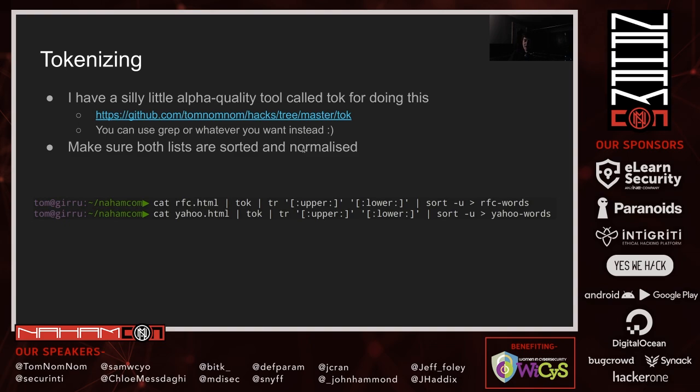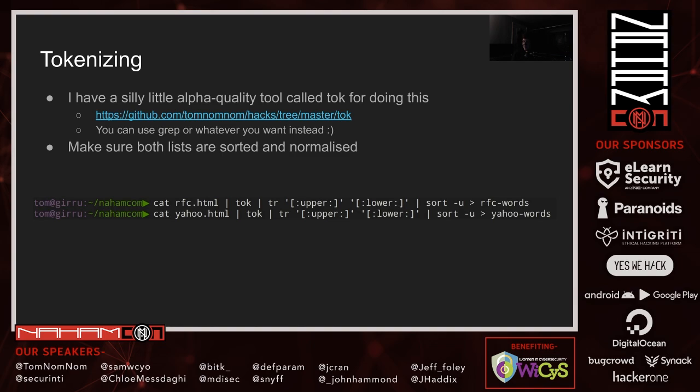It reads one byte at a time, and when it hits a non-word character, it spits out the word it's been accumulating and moves on to the next one. You can give it a list of characters that it should accept. So by default, it doesn't accept dashes and dots, for example, but you can force it to do that if you're looking for candidates for domain name brute forcing, or guessing, I should say, for example. Or you can use grep with some creative regexes, or do whatever you like, but I'm using Tok here in this example.